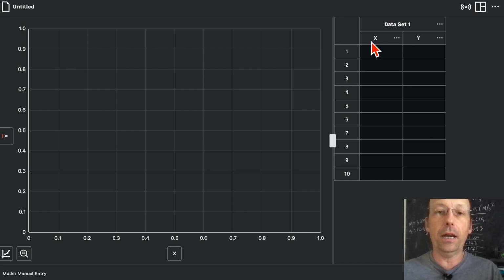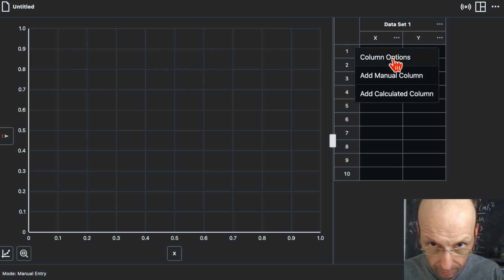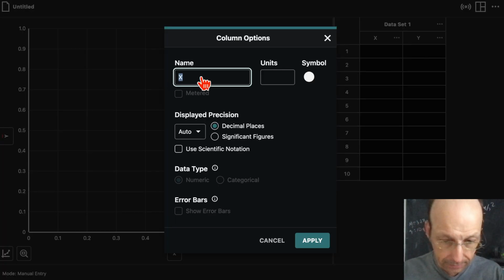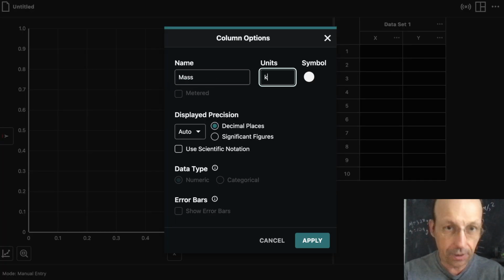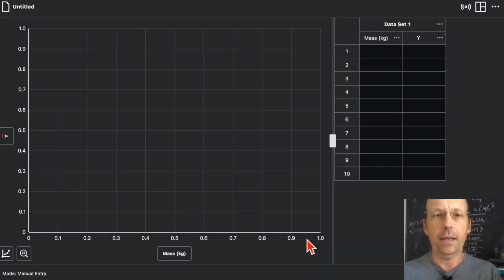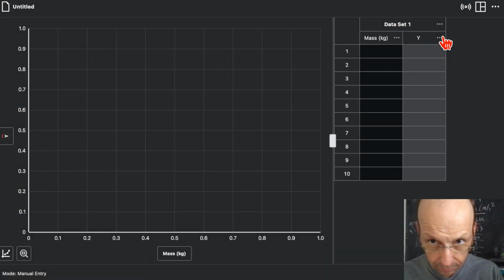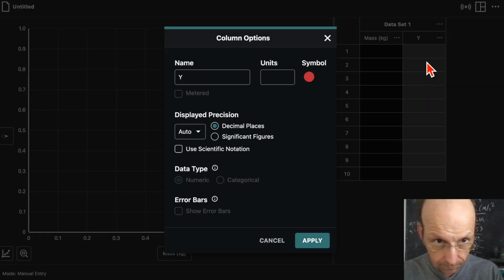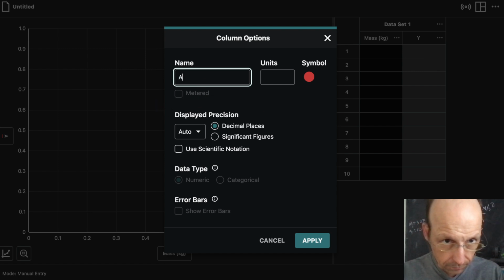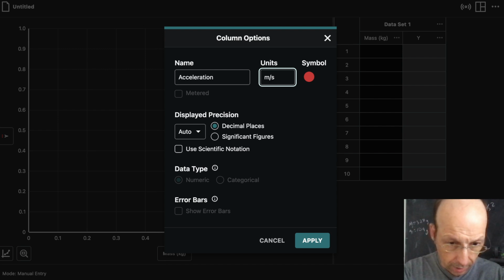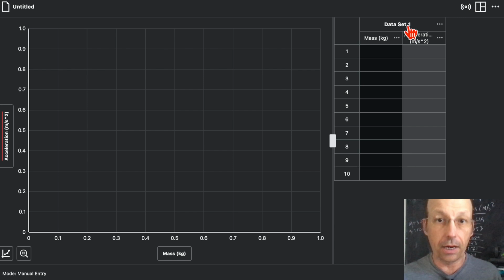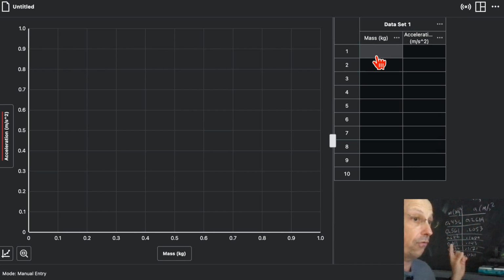So let's go up here and let's call this mass. Column options. Let's call it mass in units of kilograms. And then this is acceleration, in units of meters per second squared. Good. Okay, so now I just need to enter my data. It's right behind me,